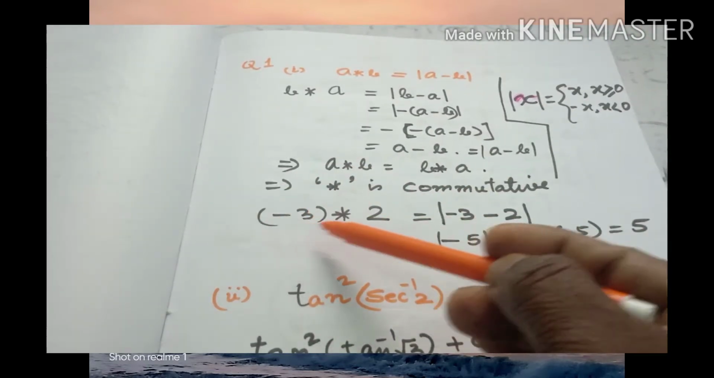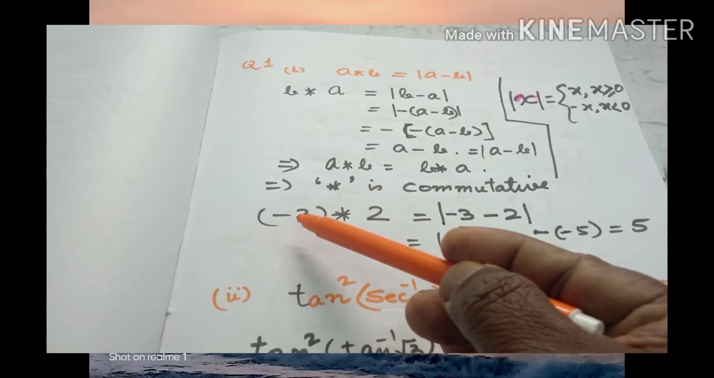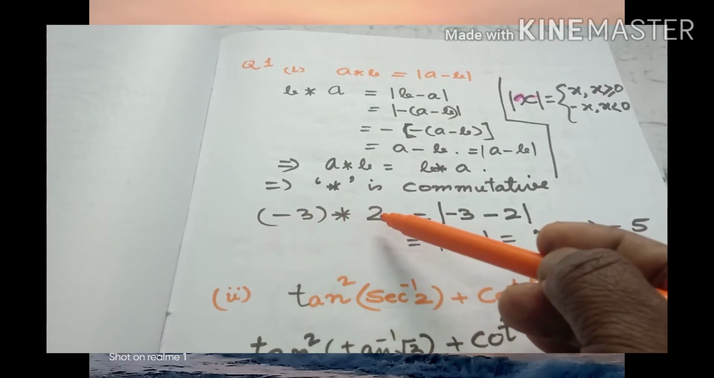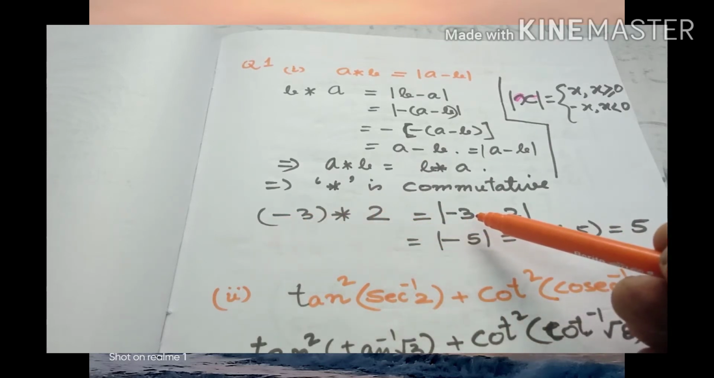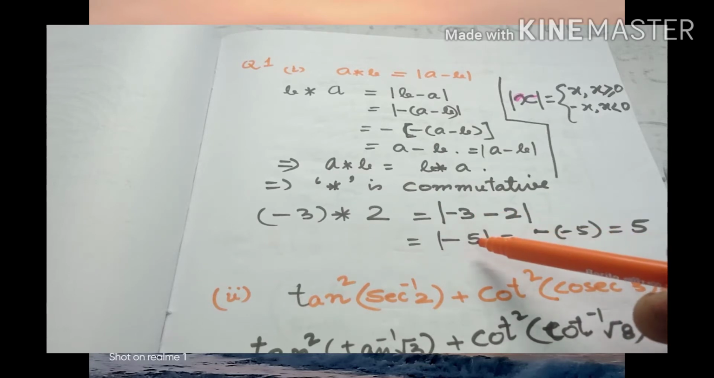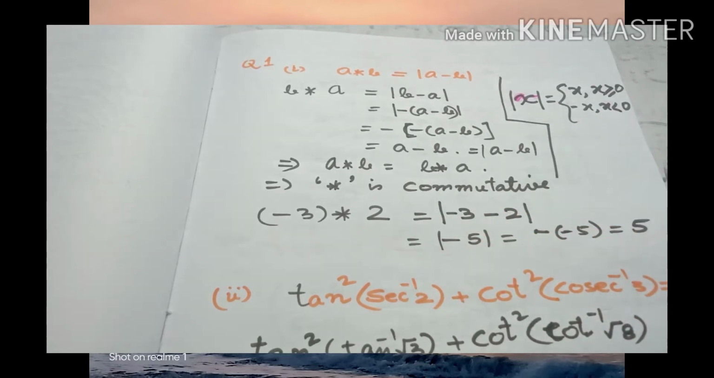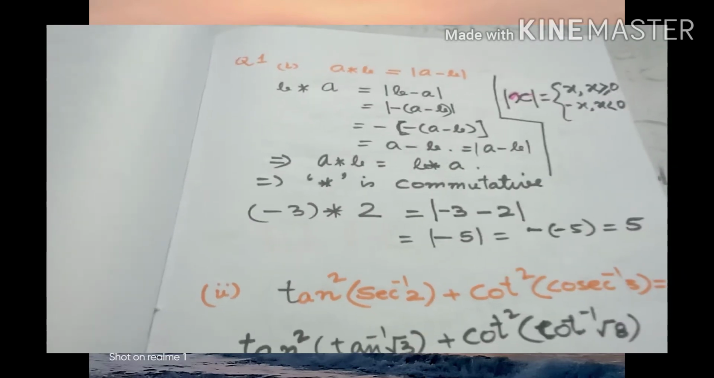Now we have to find out the value of this also. As you can see, I have put the value of A as minus 3 and B as 2, and putting it here we get mod of minus 5, that is minus of minus 5, that is 5. In part 2,